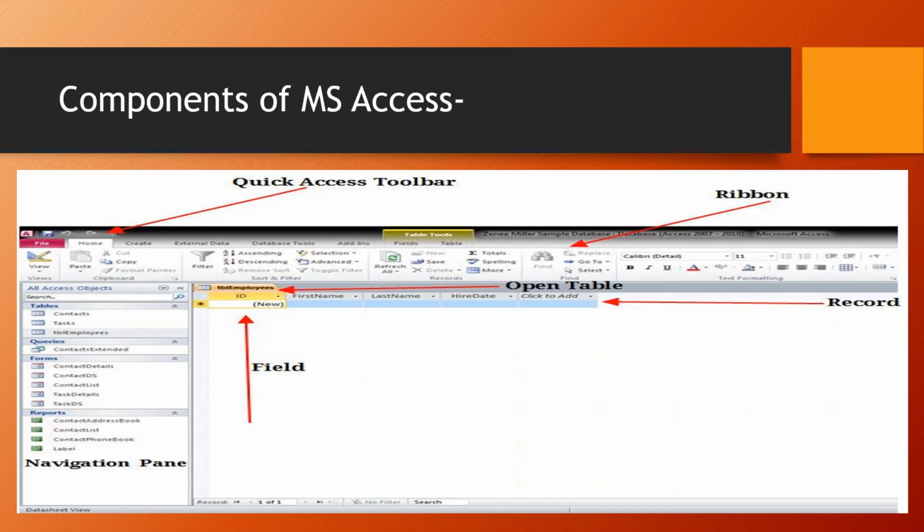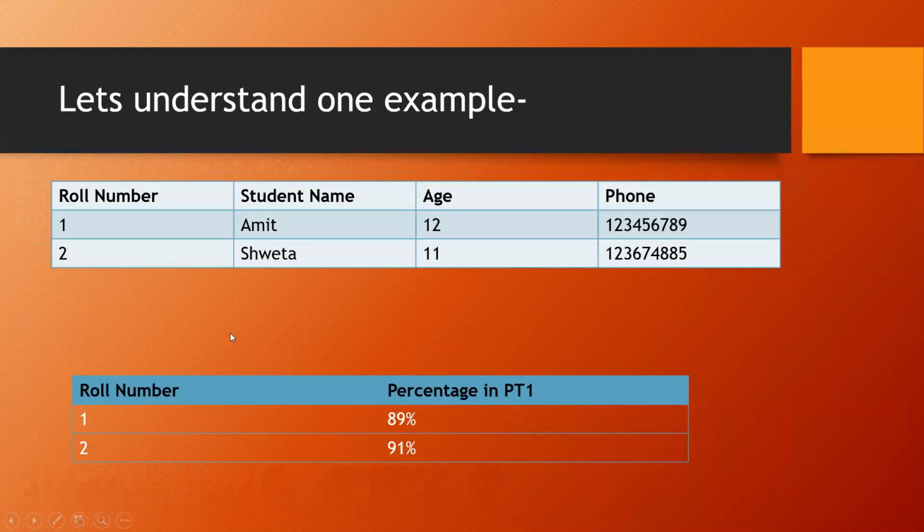And for detail, you can read it from page number 37 in your book, children. You have to have an understanding of these fields, the components. Next, we'll discuss the tables: how we are going to relate two tables in a particular relational database. Then I'm going to show you how.